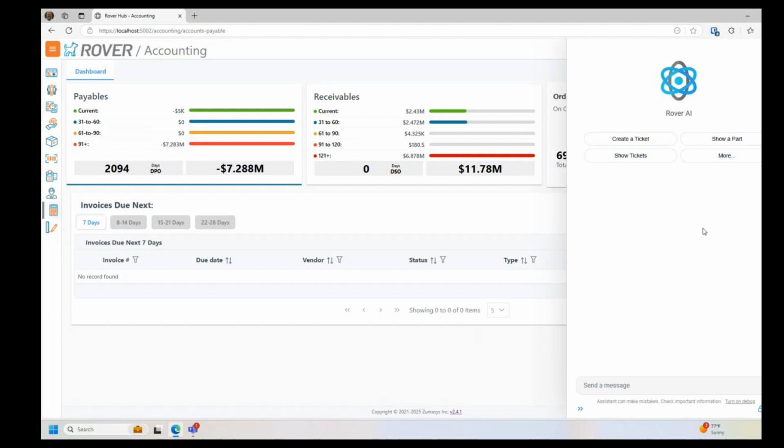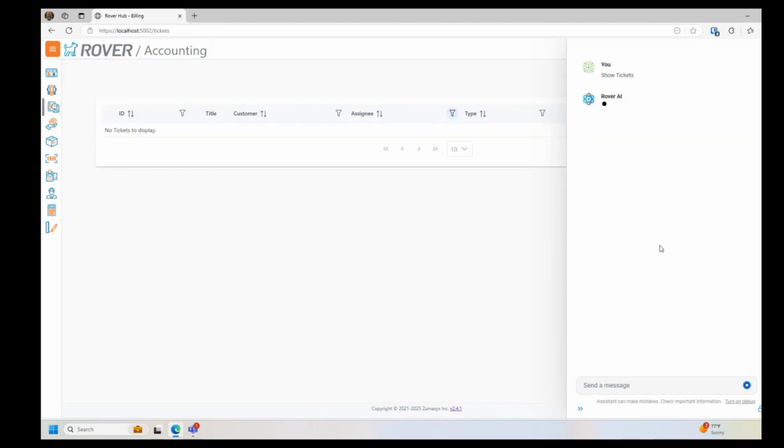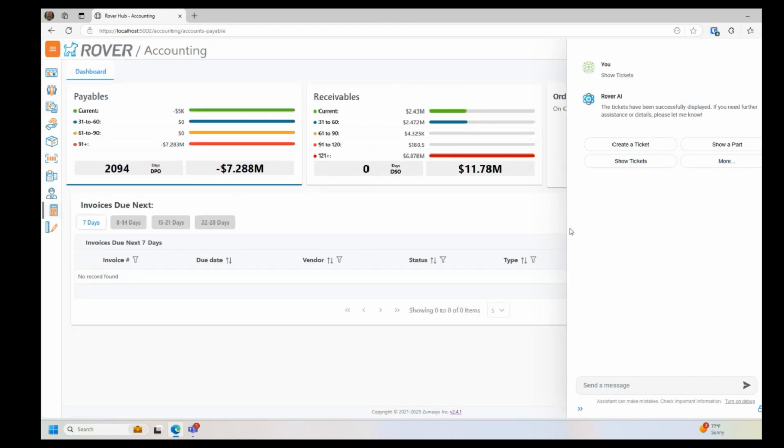We can now have the assistant do navigation. I've got a predefined prompt here called show tickets. If I click that, the agent will then take me over to the tickets module. I've got a little bug where it's not updating the header properly, but we're in tickets here. I'm going to bounce back to accounting